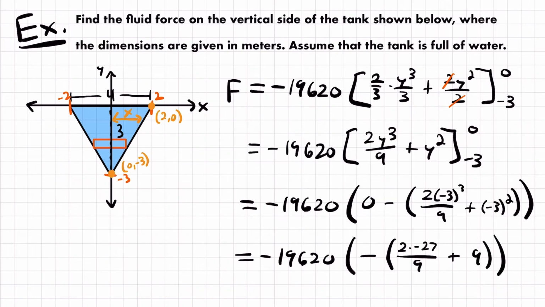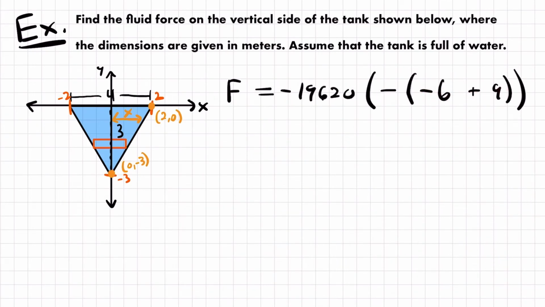All right, now -27 divided by 9 is equal to -3, so we'll have -3 times 2, and so we can rewrite this expression to be -6, and so I'll write -6. All right, and so if I clean up my work one more time, -6 plus 9 is +3, and that +3 will become negative, and so this is equal to -19,620 times -3, and -3 times -19,620 will give us that the fluid force is equal to